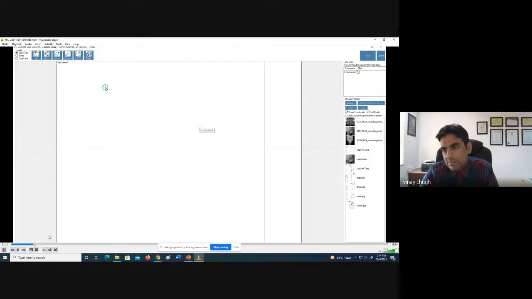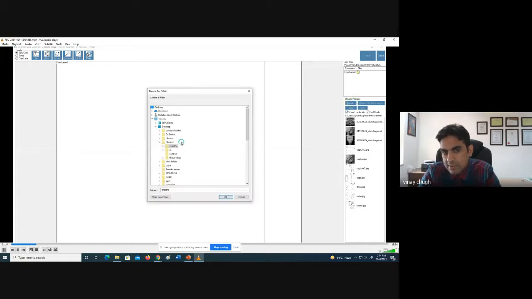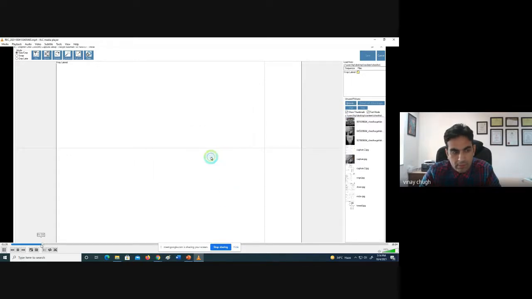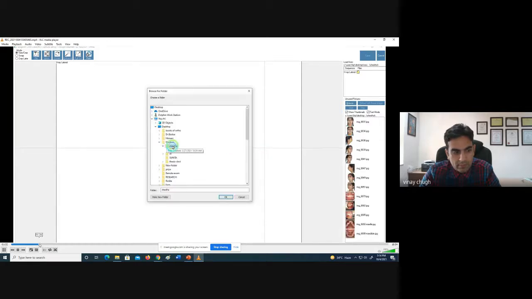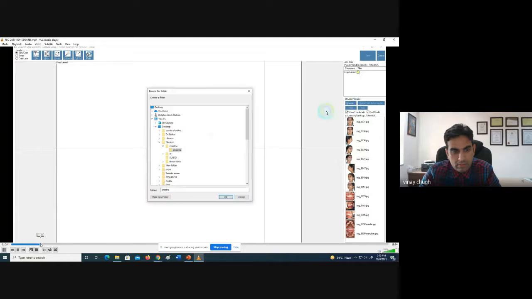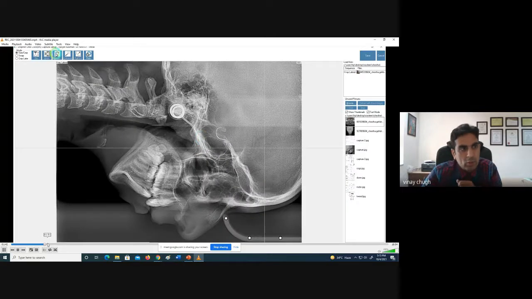On the right hand side, I am able to see all the folders and I can see that there are so many images. So I am able to acquire the scan.